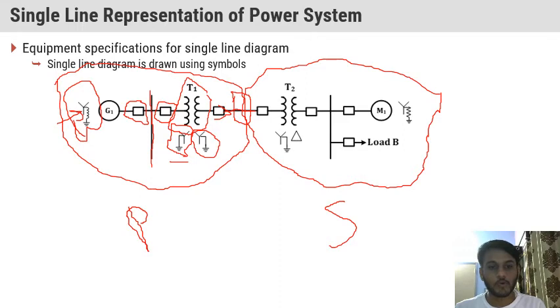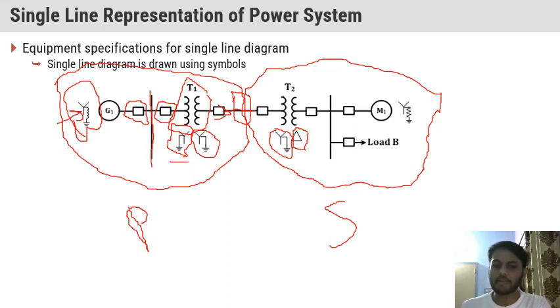So this is the incoming circuit breaker, followed by a transformer T2, and here you can see the connections are different. Here we have a star connection at the primary side, which is solidly grounded at the neutral point, and at the other side we have a delta connection. It differs from the application point of view. If the substation needs a delta connection, they use a delta-star-delta connected transformer. If there is no need of a delta connection, then they will use the star connection.